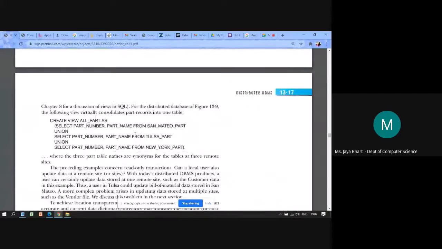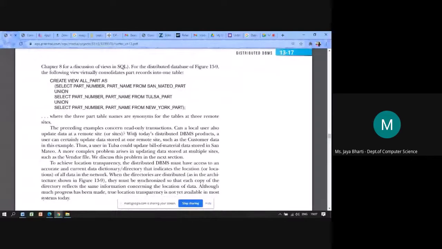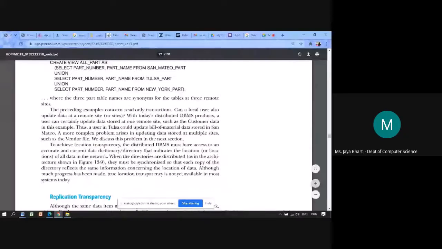Here they have created the view of all parts. You can see here: create, then view name. It is just like creating a table, but you use the AS keyword. Create view, view name, all parts, as, and then pass the query of which columns you want to select under that view. Select part number, part name from the San Mateo part table, union, select part number, part name from Tulsa.